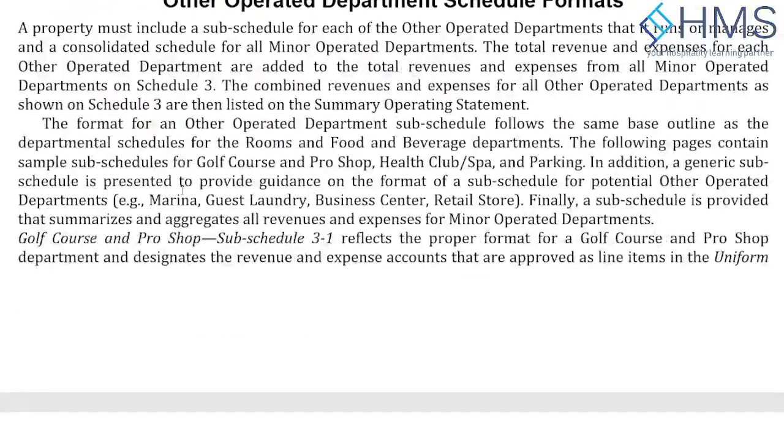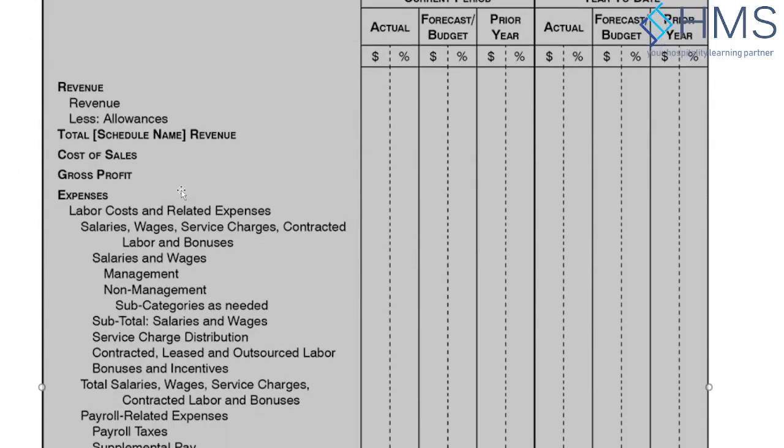The other operating departments are pretty much the same. There is a revenue definition for each and every different type of department. The only thing that we discussed last time is how we select how many departments we need as other operating departments. You have telephone, minibar, spa department, health club,